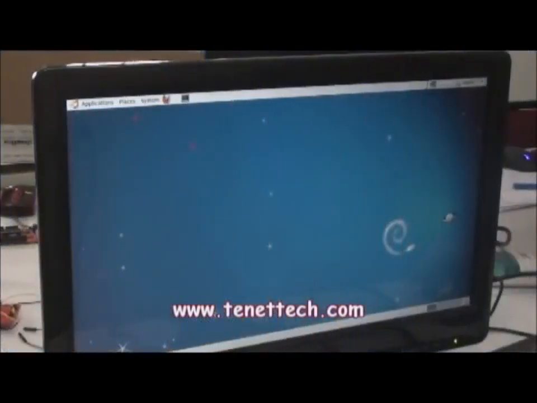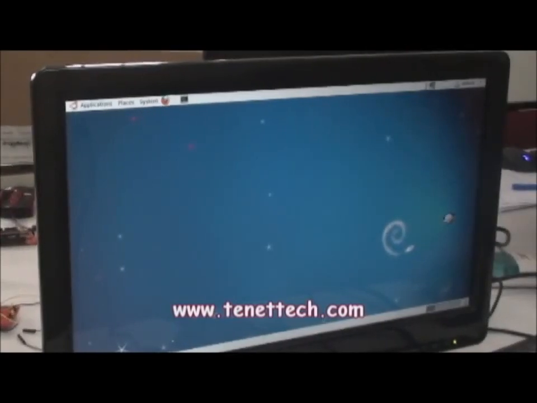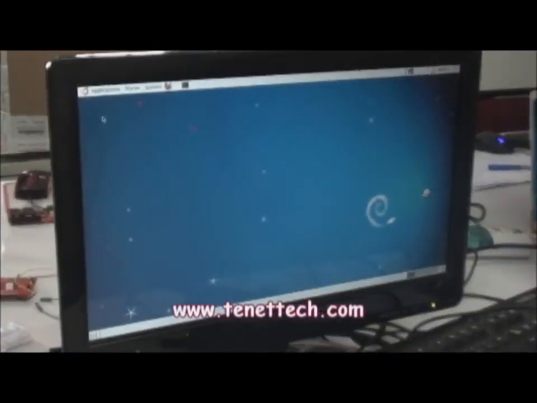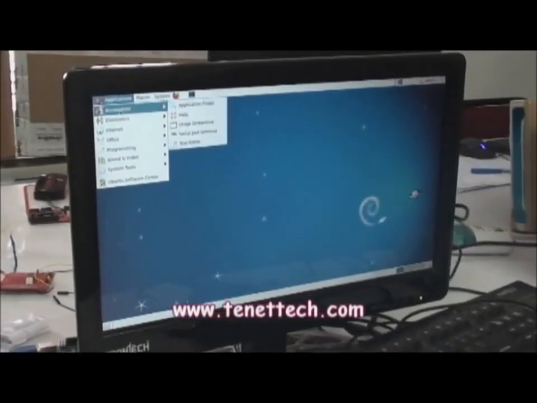Now let us see GUI programming on Beagleboard Excel demos using the scripting languages such as Perl, Python and TCL. This is the Ubuntu OS which has been ported to the Beagleboard Excel. So on the Ubuntu OS, we are doing the GUI programming. So in order to start up your programming, go to Applications, Accessories,